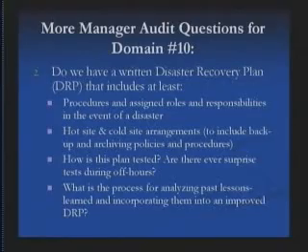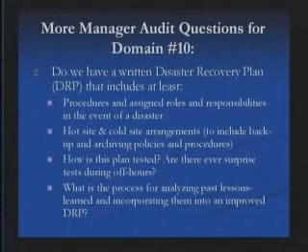If you're not having surprise tests during off hours, in other words, unannounced outages at 2 a.m. on a Sunday morning, if that doesn't happen occasionally just to see how your company responds, then you haven't really got a working disaster recovery plan, and you're going to have a hard time convincing the courts that you had one. And then the last one, what is the process for analyzing past lessons learned and incorporating them into an improved disaster recovery plan? So that ends